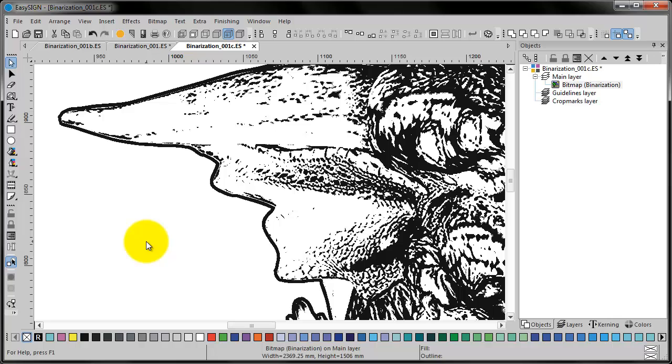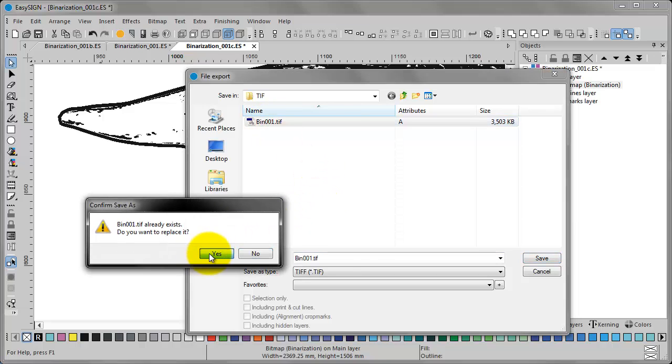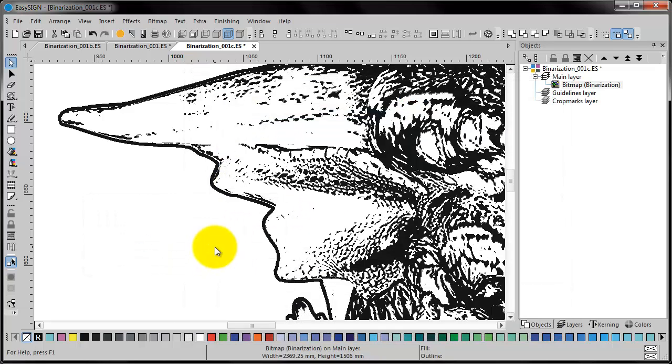We can now use the special binarization export menu to export the binarization bitmap. Bitmap Export Binarization Bitmap. Using this menu instead of the normal export menu will ensure that the right filter is chosen and no extra unwanted conversions take place. The bitmap will be exported as is, a binarization bitmap.